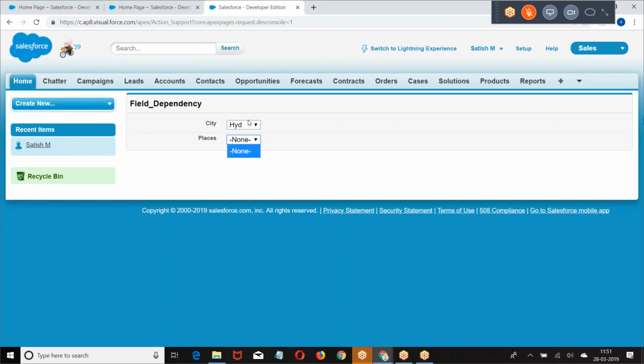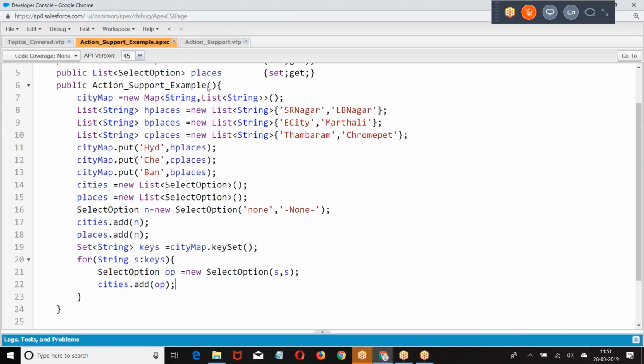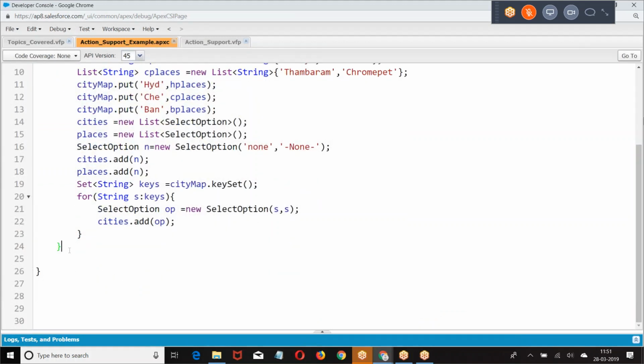But in my case, I don't want to call JavaScript. I want to call a method from an Apex class. When the event occurs, I want to call a method from an Apex class. So let us see this example here. I am creating a method here. Public void. I'm giving if first this dot if city is selected equal to